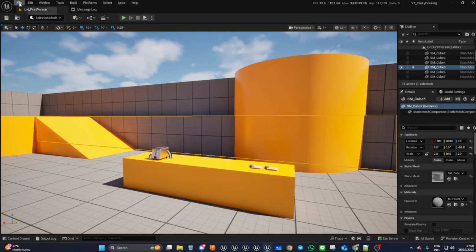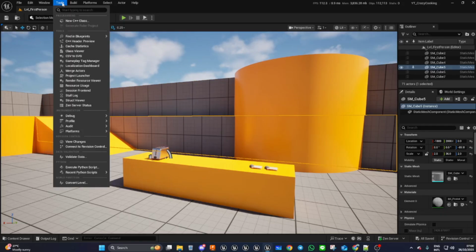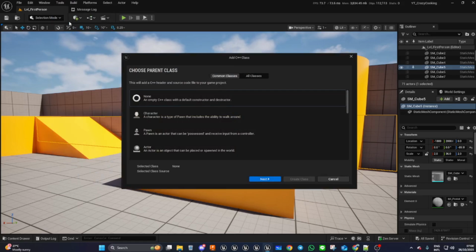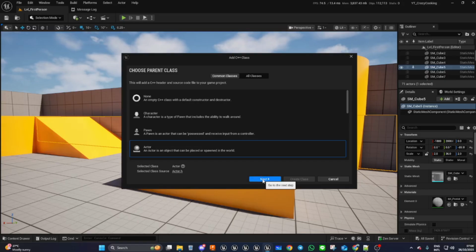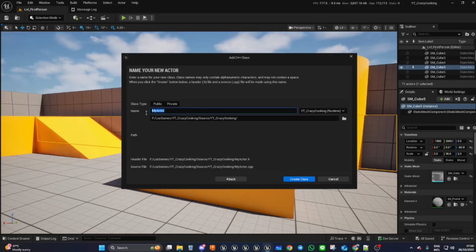All we do is go to our very top bar here, click on Tools, and add a new C++ class. In our case, we're going to add a class of an actor because we're going to be adding the kitchen manager one first, or the game manager one first. And I'm going to call it KitchenManager, just like that, but I'm going to put a capital M just to